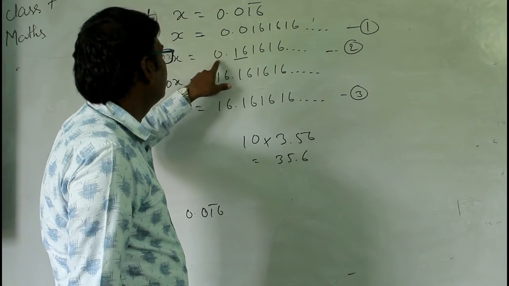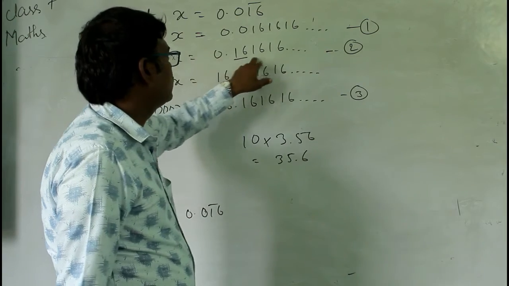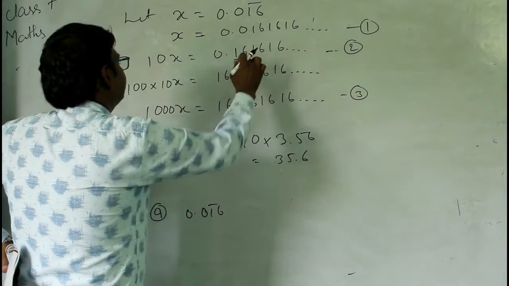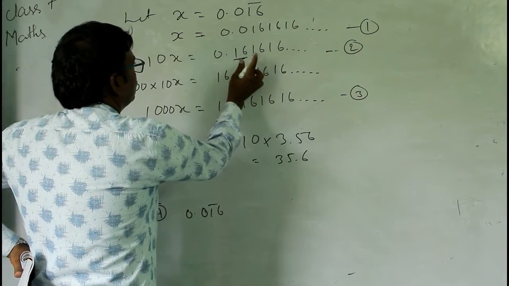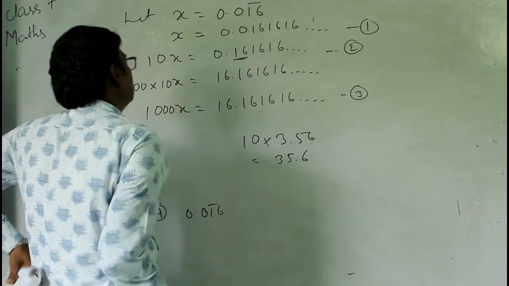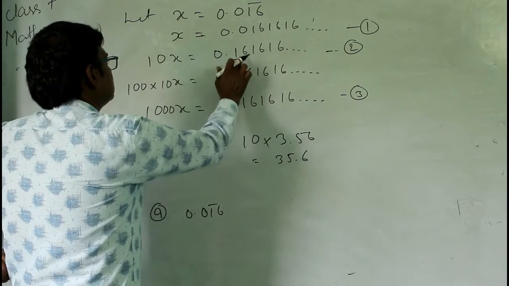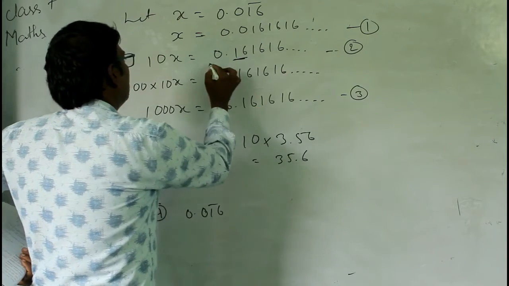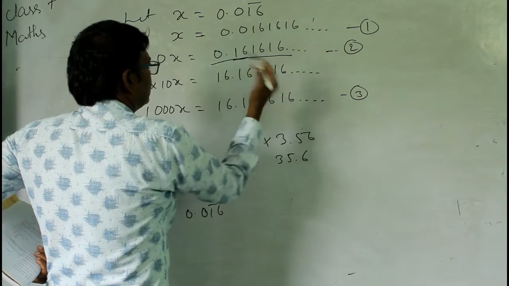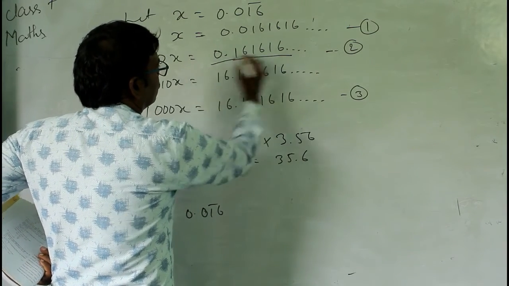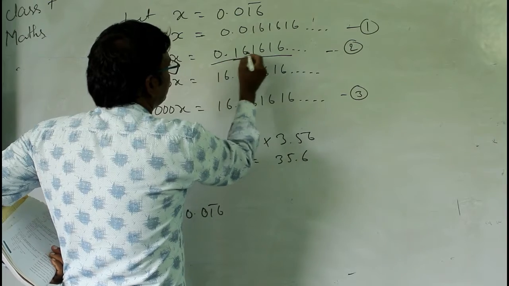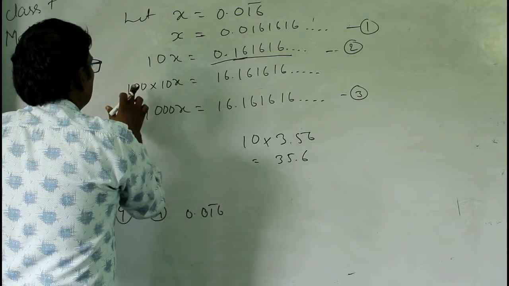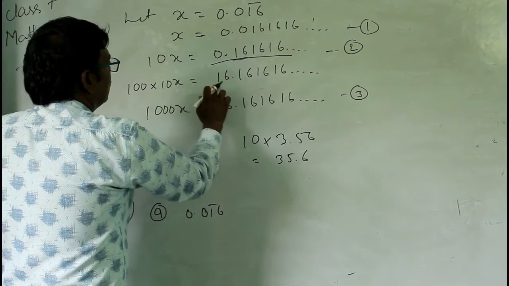So then you will have this number 0.161616. Now what you have to do is bring these 2 digits to this side. Okay, I will explain why. So it is 16 here. Now you have to bring these 2 digits to this side. So what to do? You have to multiply by 100, so that this decimal will move 2 places to this side. That is why multiply both sides by 100. That is why here 100 into 10x, and here also 100 into this.